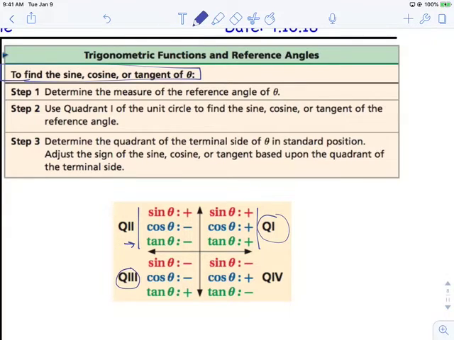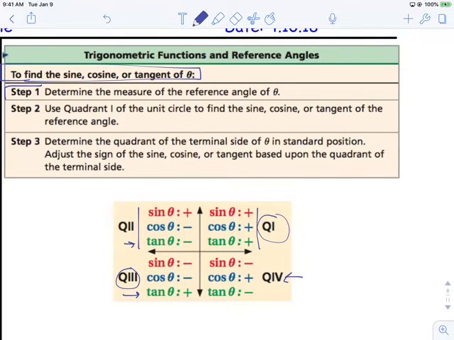Quadrant 3, we have y and x negative. Tangent is y over x, so tangent is positive. And finally, for quadrant 4, we have y negative, x positive, tangent negative. So cosine positive, sine negative, tangent negative. That's what all these are saying. That's going to help us because to find